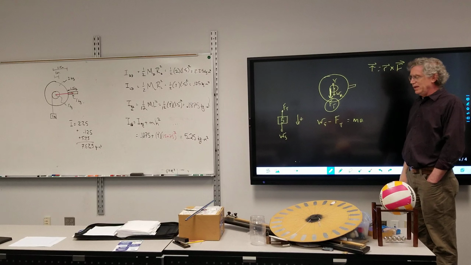It is perpendicular to the moment arm, because the moment arm is a vector from the axis of rotation to where the force is applied, which would be there. Since they're perpendicular, I know the torque is going to be just R times F. So I have the radius of the little disk times the tension equals